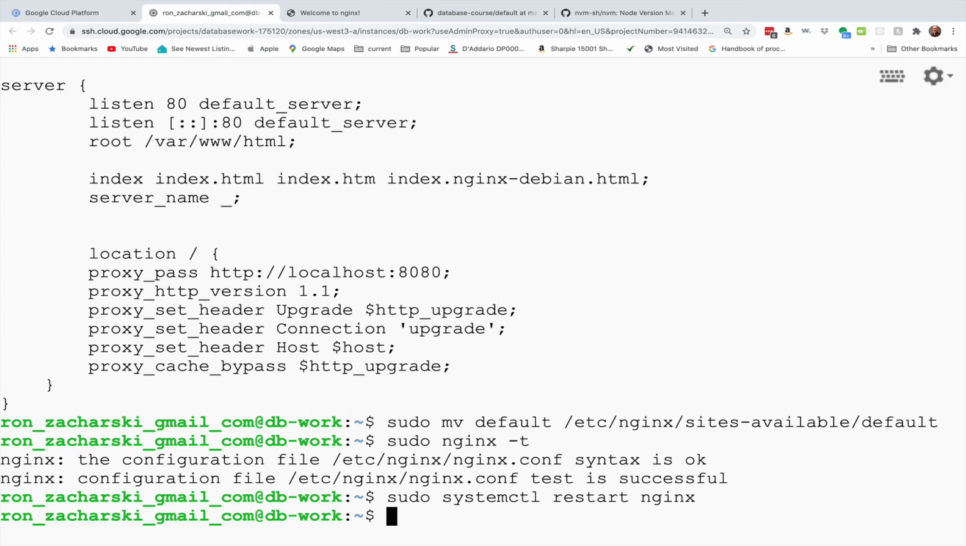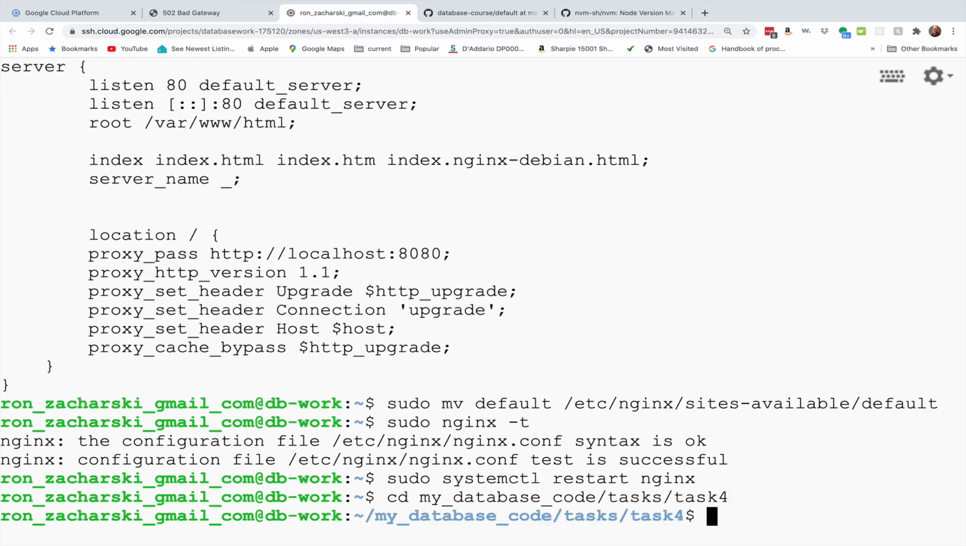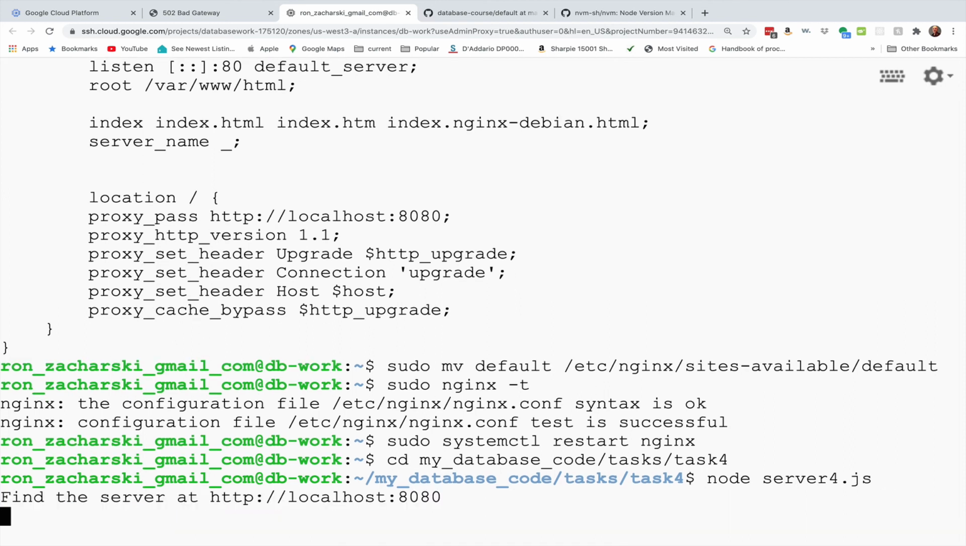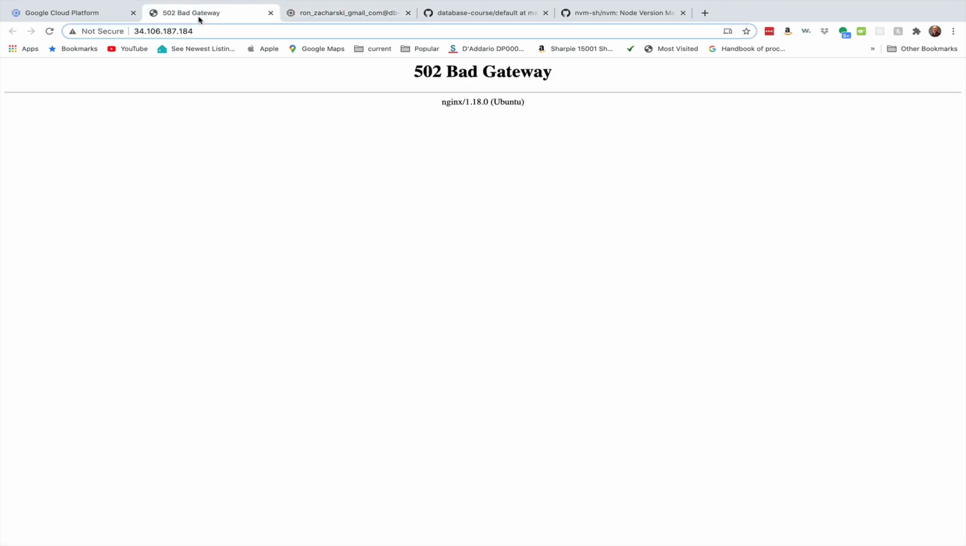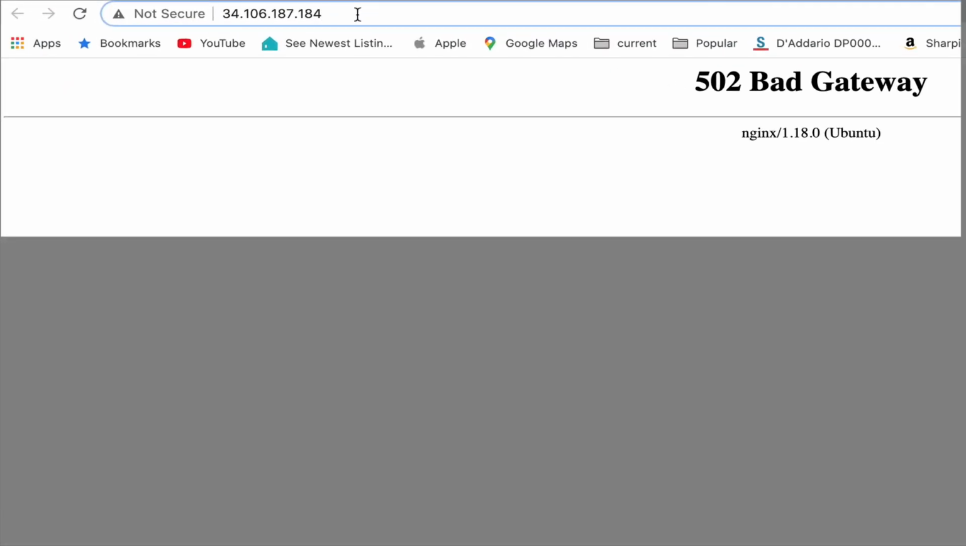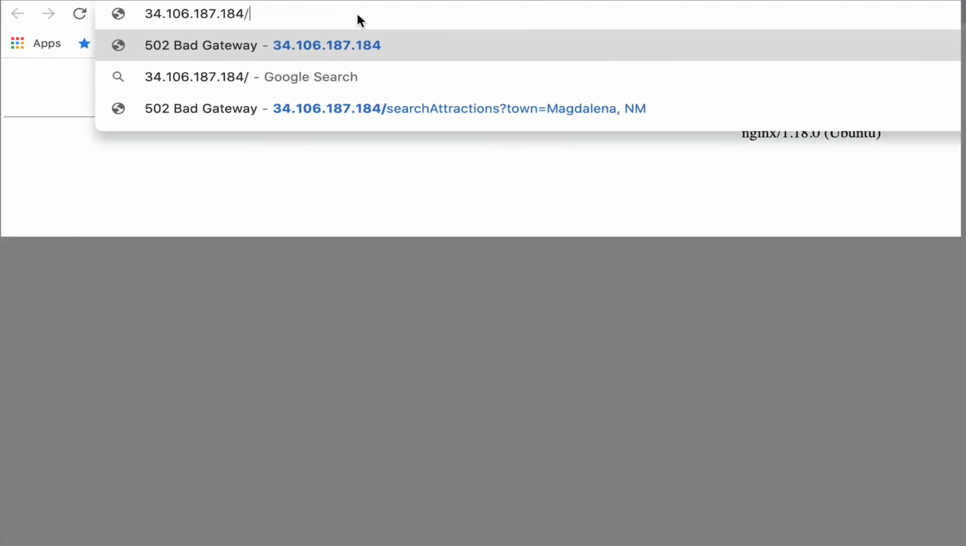Okay, and now let's test it. Let's see if we actually made a reverse proxy server. So the first thing we need to do is restart our server. So let's go ahead and do that. I need to change directory, don't I? Okay, our server's running, and now let's go to that Nginx that we were before and type in our search